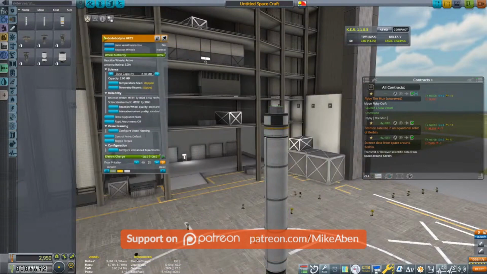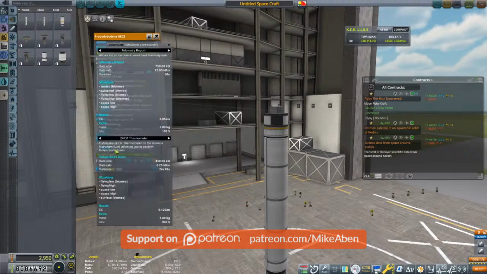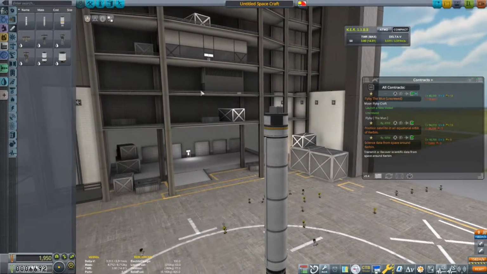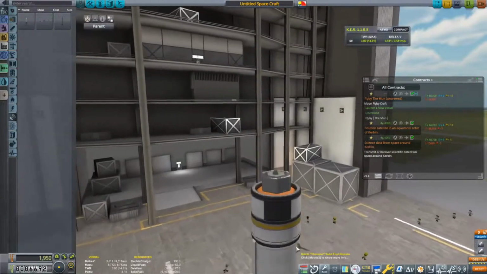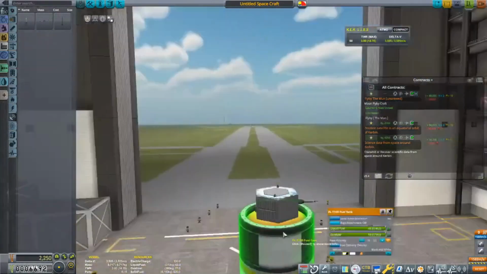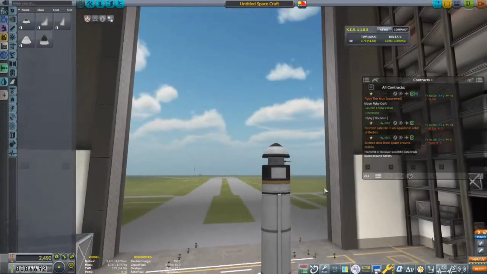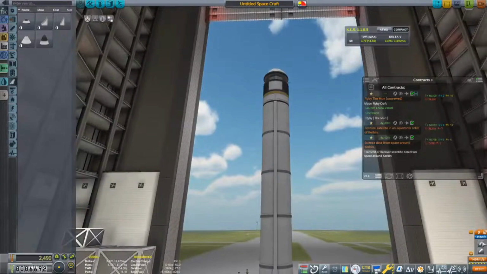I'm going to turn off... Configure the experiments. Going to turn off everything. I'm really saving money. No experiments, no nothing. Gonna need communication. And put us... I'm only at 2,500 and...